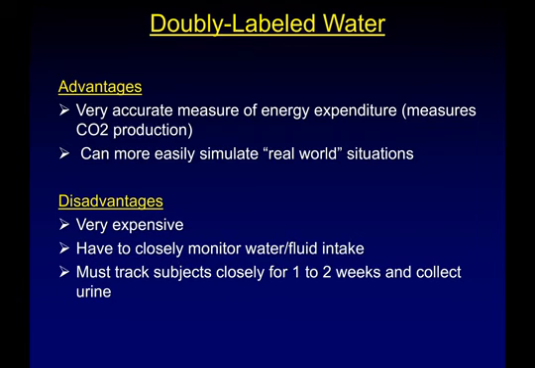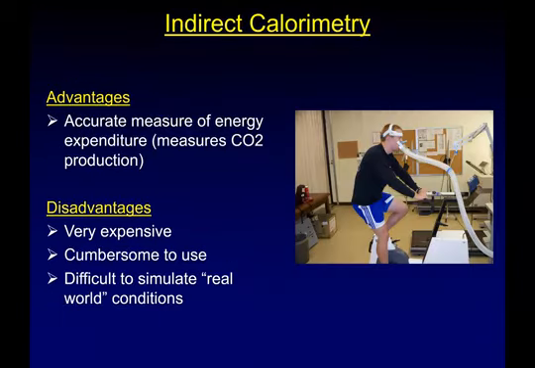One of the places that they find the doubly labeled water is when they drill for oil and natural gas. And so the oil companies and the natural gas companies have sort of bought up all of this, and they've raised the price tremendously. I know we're all surprised by that. And so now it's like $1,000. So it's become even more expensive and kind of less accessible. Okay. But when you do this, we can much more easily simulate real world things. I can give Casey some radioactive water. We can make her drink it, and she can follow herself around and collect her urine over a couple of weeks, and we can do it this way.